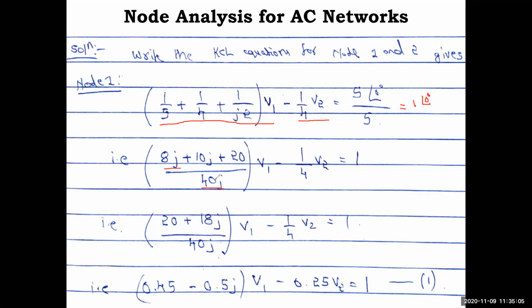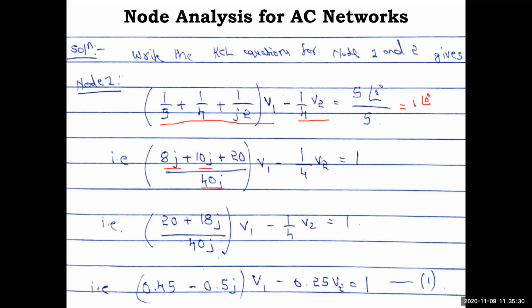4 times 10 is 40, right? So 10j, that's why 10j. And the j2 term is there already, so j2 how many times? 20, so that's why you are getting just 20. In this case there were no j terms, that's why in the numerator you got the j terms. Here the j term is there already, so you will get 20 here. Okay, so that is the simplification.